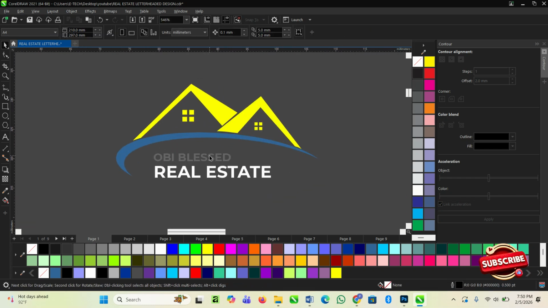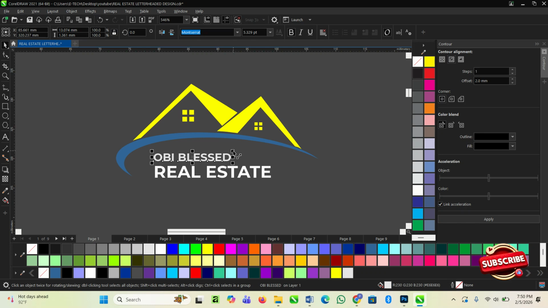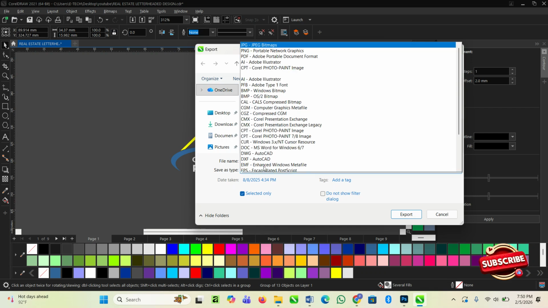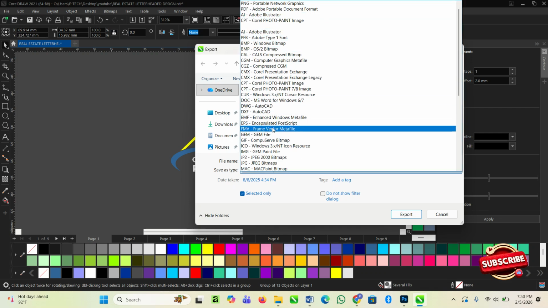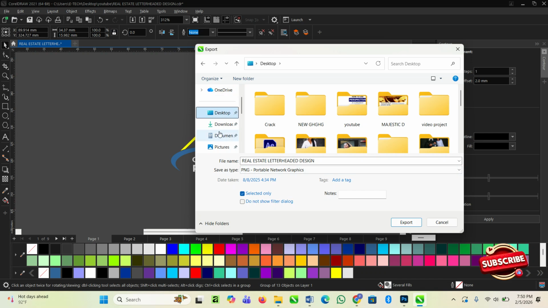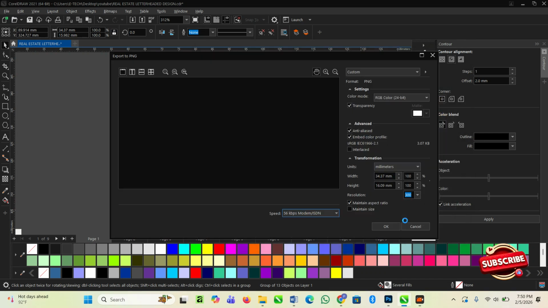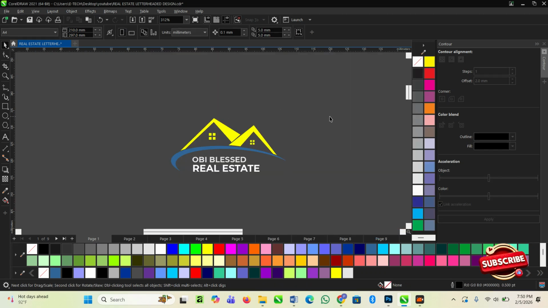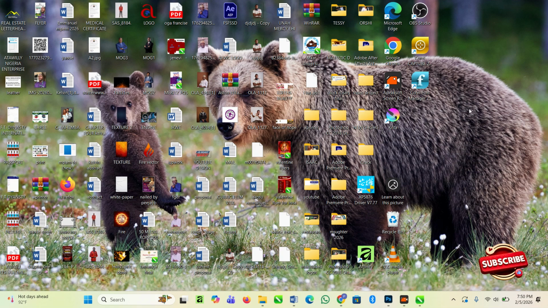So select it, drag. This is our logo now. Let's export in PNG. So make sure you select PNG format like this. Look at PNG here, click on it. We'll save it at desktop, and then we'll click OK from here. Click OK, and then once it exports, go look at it at this juncture from here,